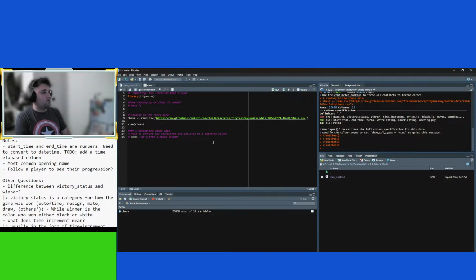Here is an article about chess notation.